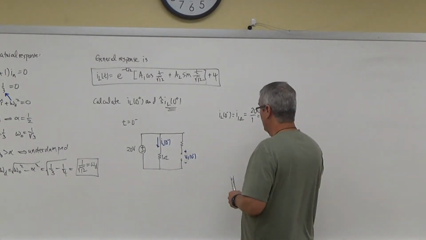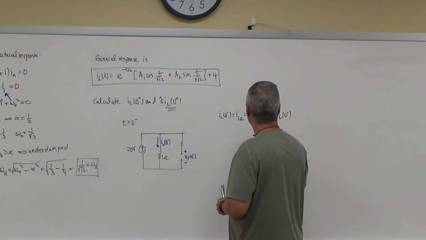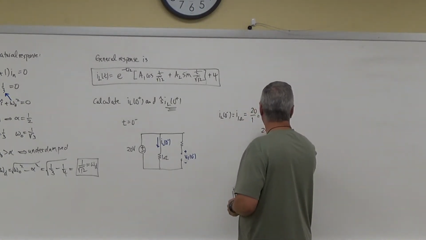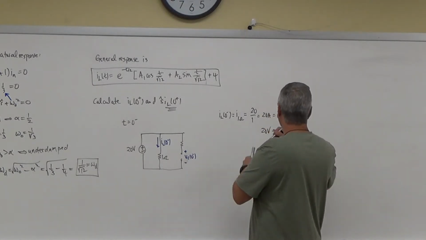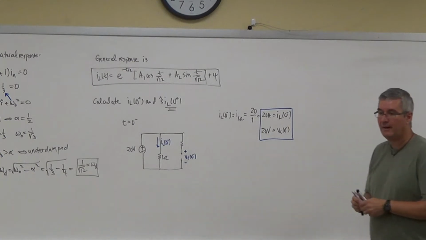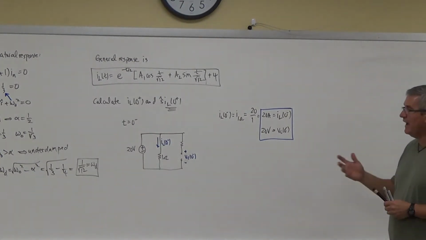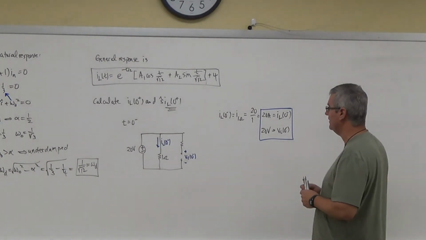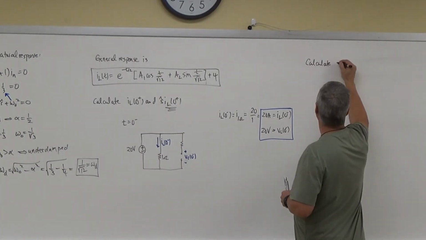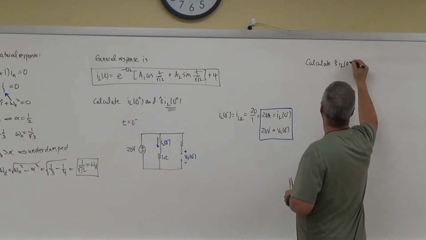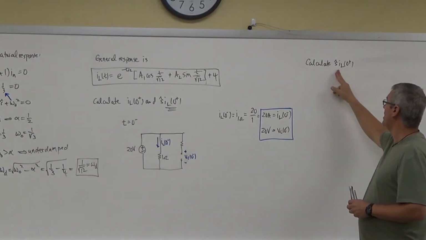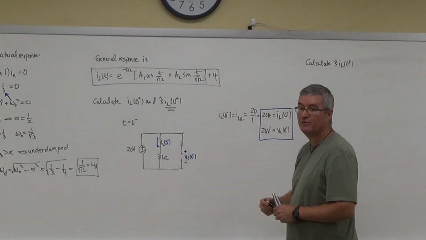So then when I look at this guy, we could see that VC of 0 minus is parallel to the 20 volt. So I get these two values right here. Okay, here's that. So now I got to calculate this guy, and this is the one that you want to be worried about right here. That's what we want. So how do I get that? I got to go to my first two,